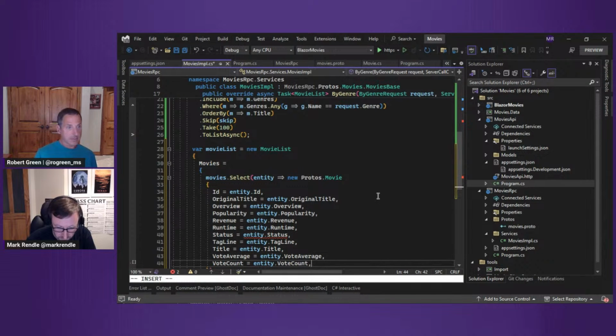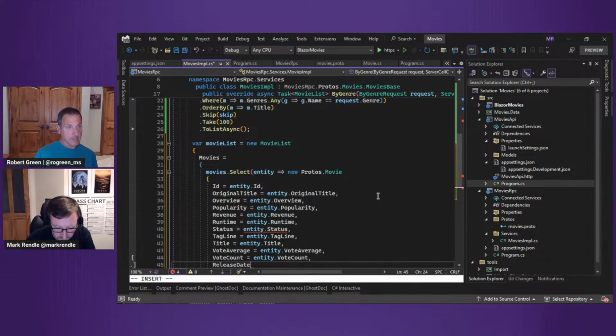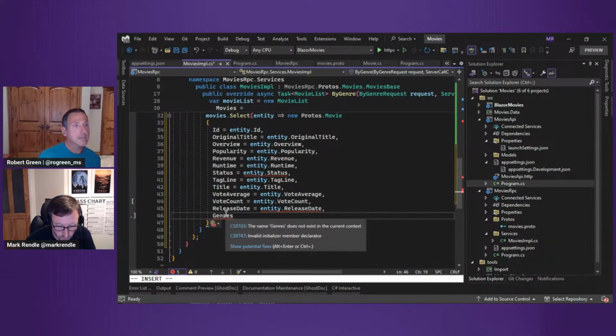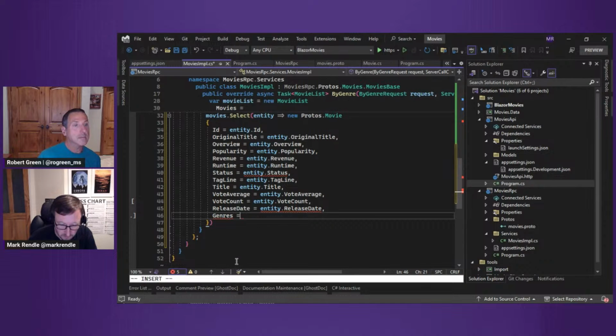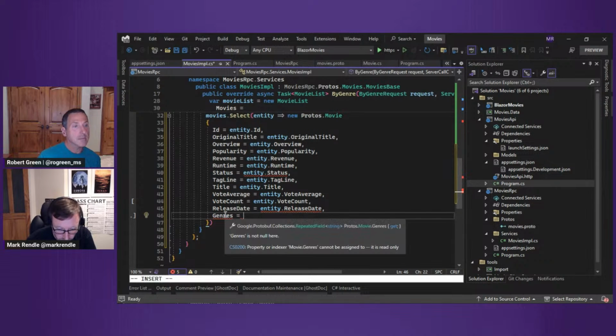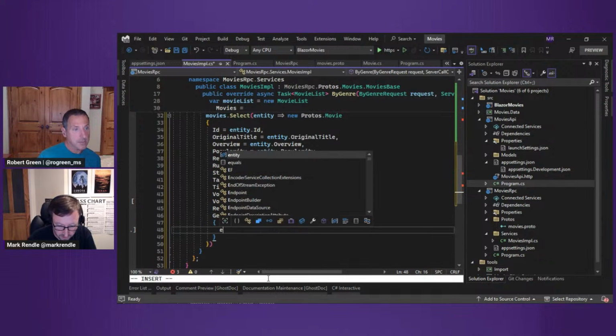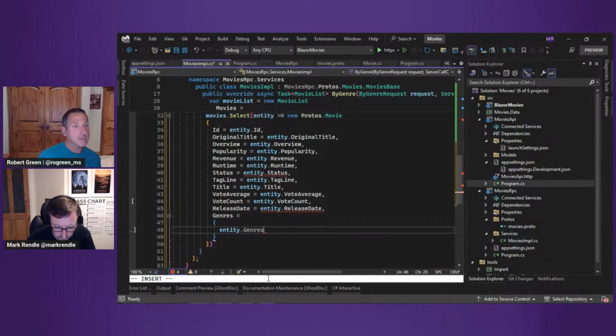And then we will put release date equals entity dot release date, and genres, and this is a repeated field of string. So there we go. And again, we can say entity.genres.select